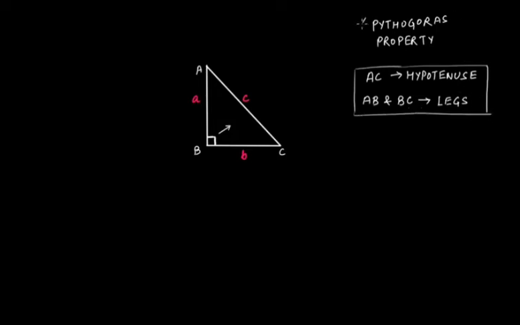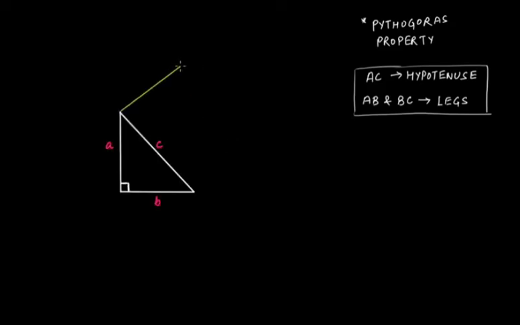What is a Pythagoras property? Well, let me remove these vertices in order to explain you what is Pythagoras property. But remember that this is hypotenuse and these are two legs of this right angle triangle. If I draw a square on each of these sides, that is on hypotenuse and these two legs,